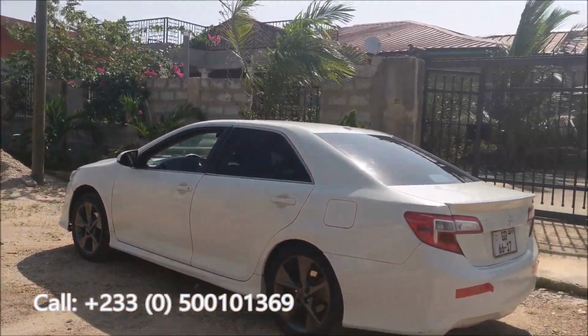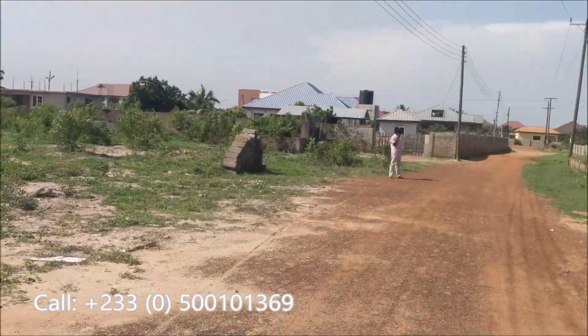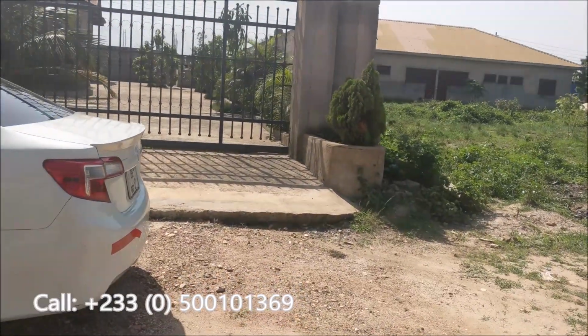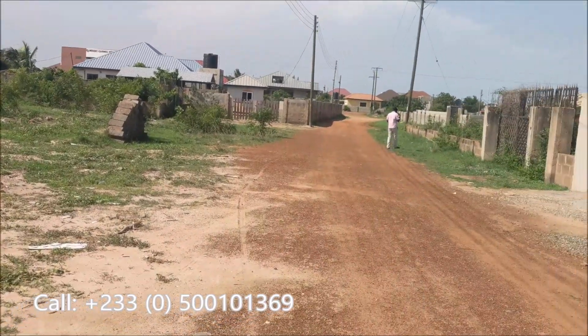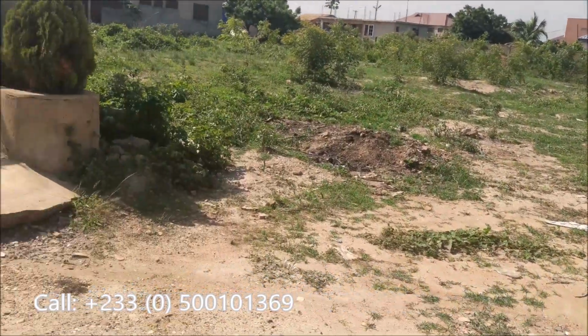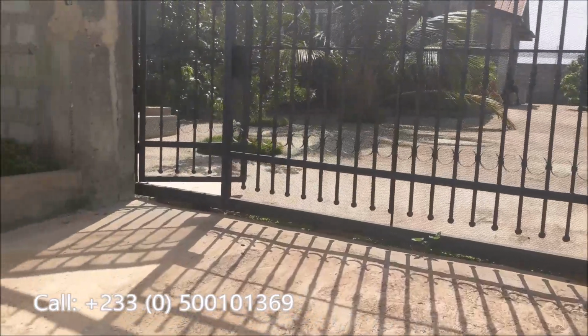I am in Community 25 at a really fantastic property. I will tell you all about this property in a moment, but before I tell you, we are in Community 25, not far from the Community 25 mall. I think this road, the junction there, leads to the main road to the Community 25 mall. I think if you are determined enough, you can walk to the Community 25 mall, and just opposite the house